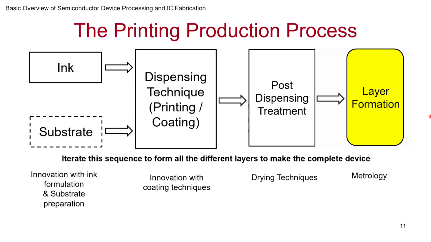This is where the dispensed liquid transforms into the thin film that you desire. So the drying techniques are tried, and metrology is needed because here the volumes are much larger. It's not just a small die, small area. You're talking of several square centimeters at least, but clearly several square meters in many situations. So material is dispensed only where it is needed, and that's one aspect of this whole process. So there is no lithography as such.